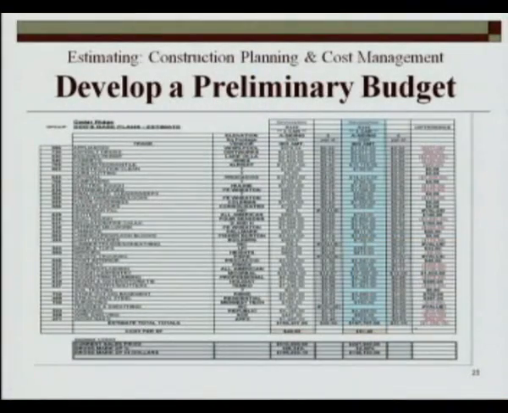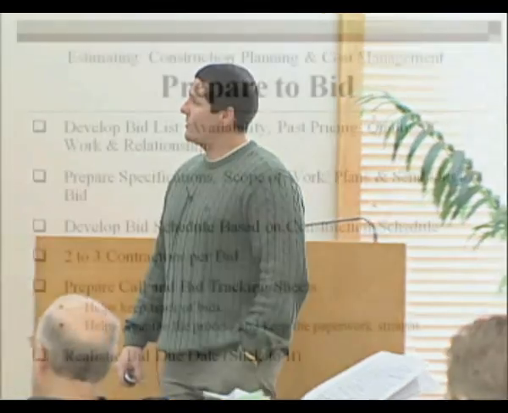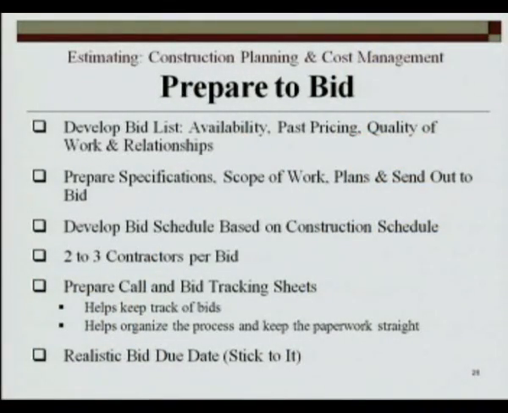Preliminary budget, whether you do it on a spreadsheet, whether you've got some line paper that you're doing it on if you're not computerized, you really want to develop that preliminary budget, okay, before the job is signed. So once you've developed that preliminary budget and you've got your bidders list put together, you're getting ready to send things out for bids. So you've got to develop your bid list, and your bid list really is going to be based on availability, the relationship you have, the reputation that the contractor has,